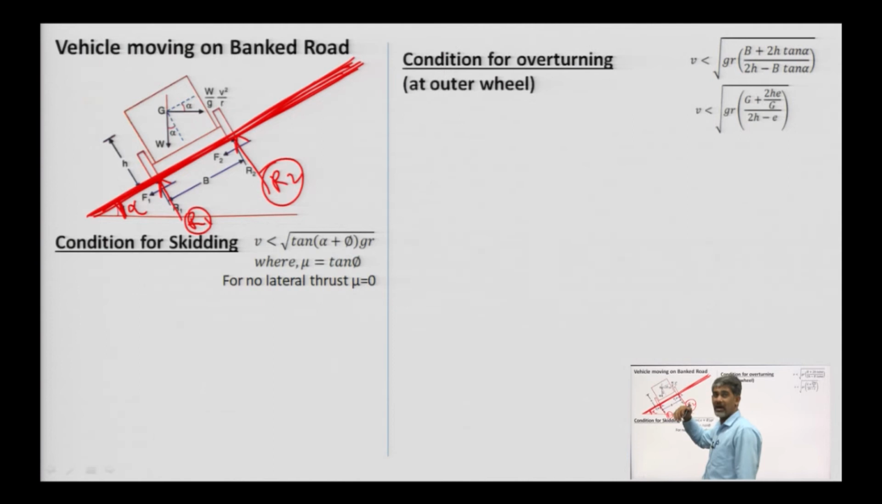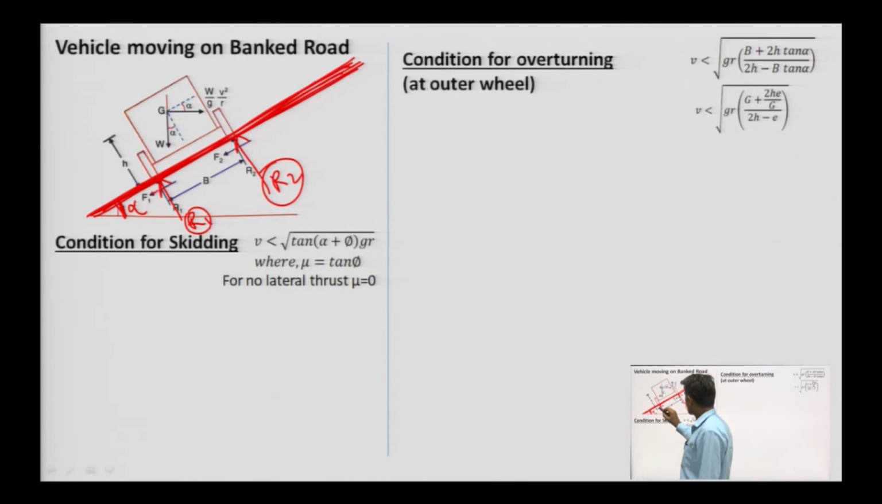At this condition, the same vehicle with the same dimensions can have more velocity in case of skidding and in case of overturning. With more velocity, the vehicle can move in a circular path. Let us calculate first the condition for skidding. So, here